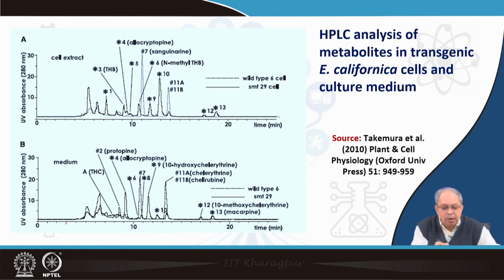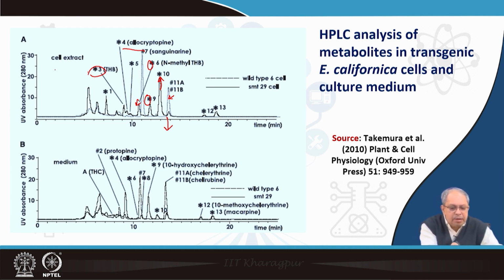In the wild type, you see these are the wild type compounds. In the transgenic it has got suppressed, whereas in the transgenic this got enhanced. There are new compounds which were detected in the transgenic. So, this one, this one, this one, this one, this one,